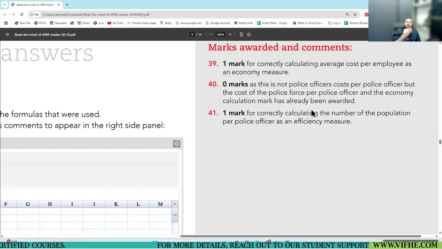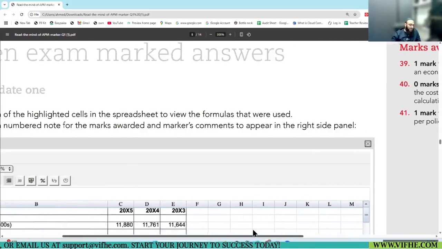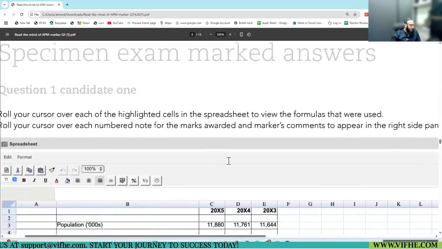This means he thought that the total cost of police force is the salary of police, which is not the case. Do you agree with me? Total cost of police force is different to police salaries? Yes or no? Yes. But for him it was the same. And the economy calculation mark has already been awarded, 1 mark given. Nothing here because this is not the correct meaning of what he has done.